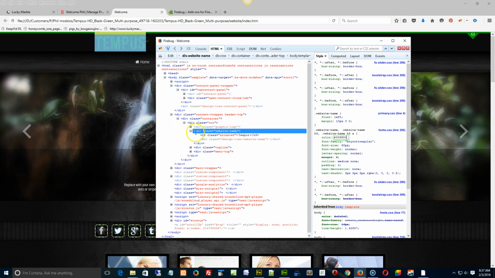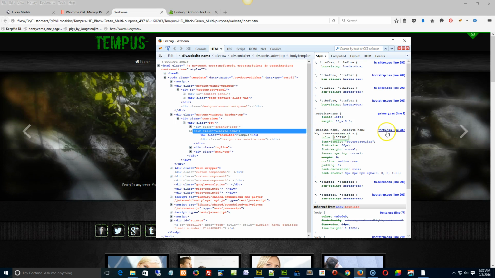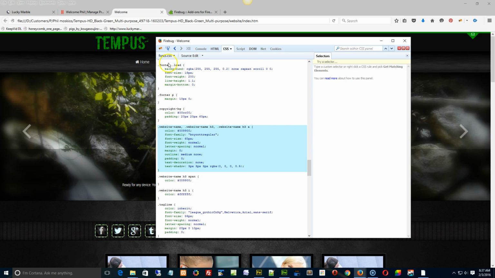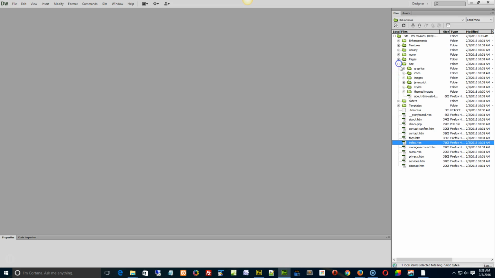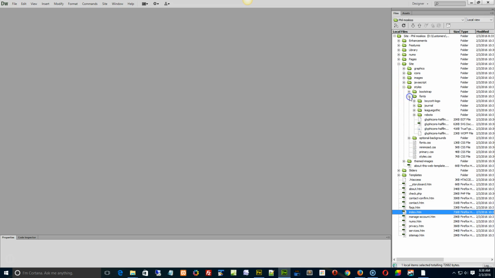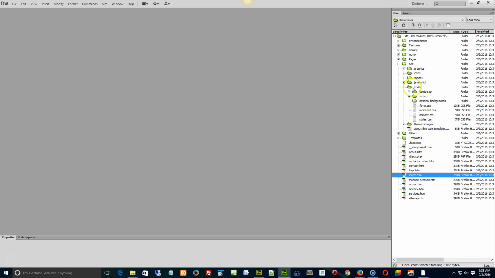But that's how to locate where the styles are. So this tells us fonts.css. If we click on the actual style sheet, you can hover over here, and it tells you exactly what folder it's in. So if you follow the path along, at the very end it goes website site styles fonts. So in Dreamweaver, you go into your site styles fonts folder, there's the fonts.css, open that up,